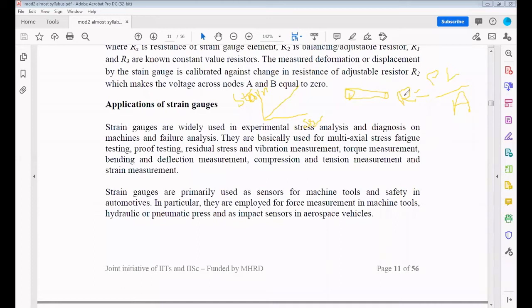Suppose, for example, we take a fan regulator. A regulator is simply a resistance variation. If we vary the resistance, the flow of current will change, and automatically the speed of the fan will be controlled. We can either increase or decrease the fan speed. As well as with motors, whatever motors we take, we can control the speed using that system. So that is a major factor.